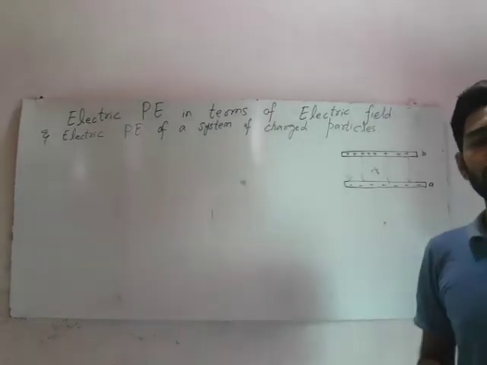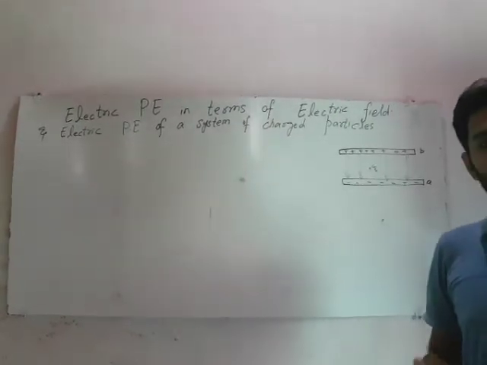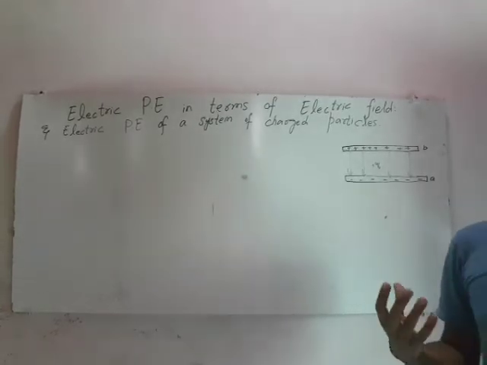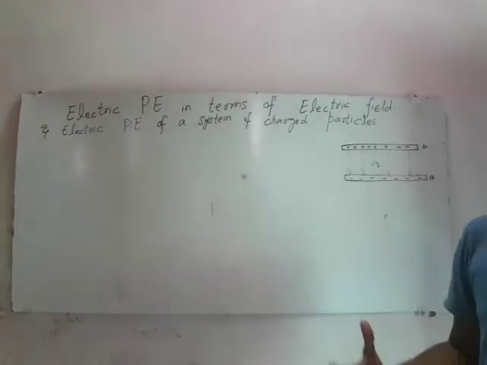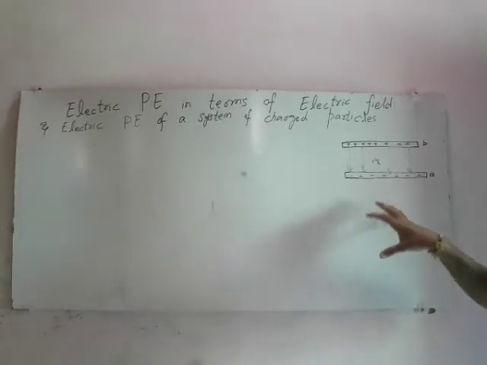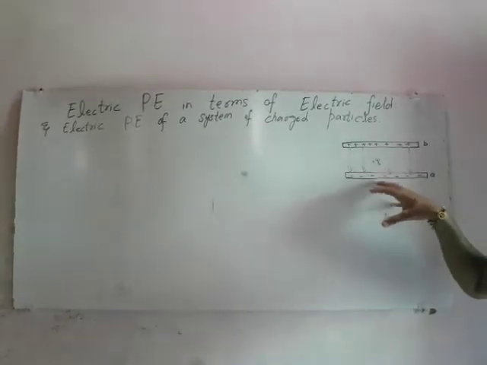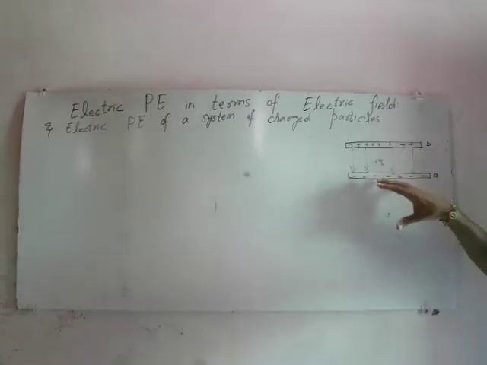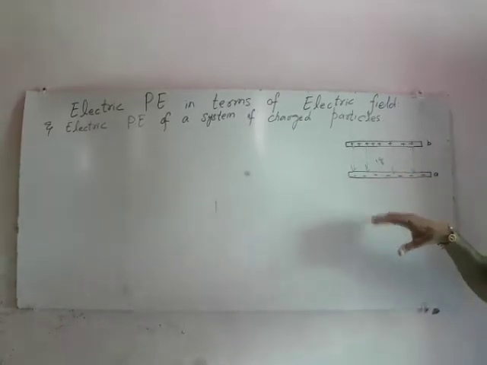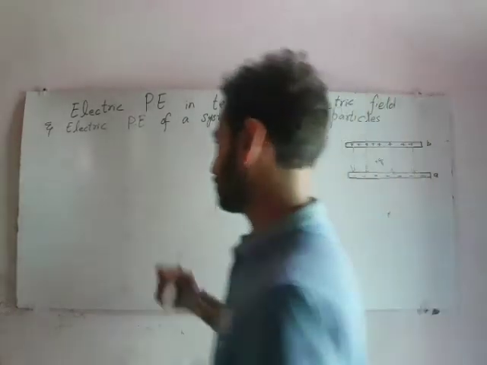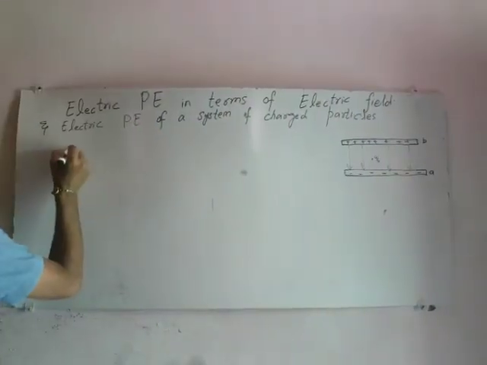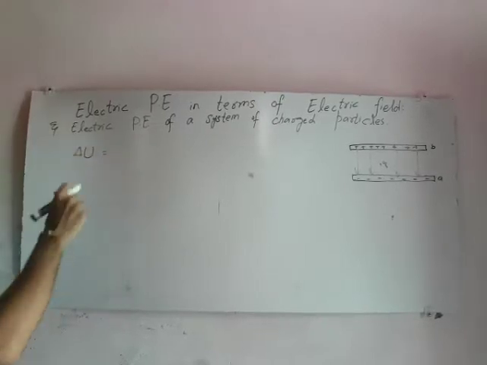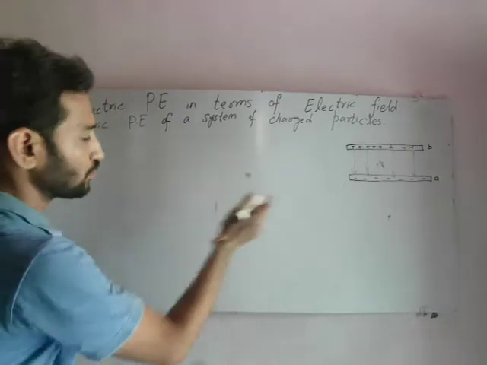Usually when we talk about potential energy, it is some energy that is due to a position. Now we are talking about electric potential energy. It will be the energy which is stored in the form of work which you will do to move this positive charge from a negative plate towards the positive plate like this, and it will be equal to the difference of the energies of these two states.